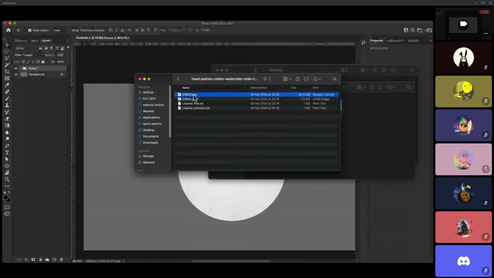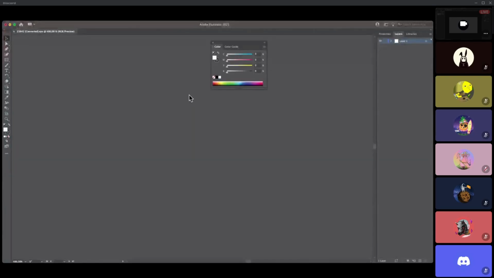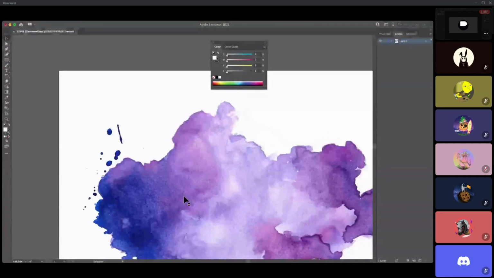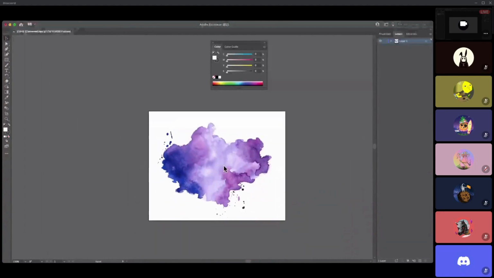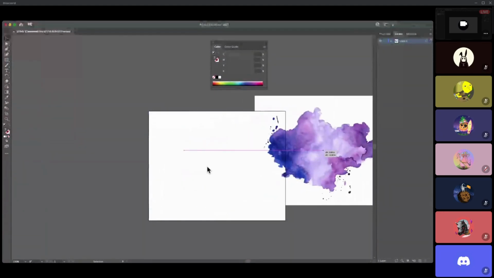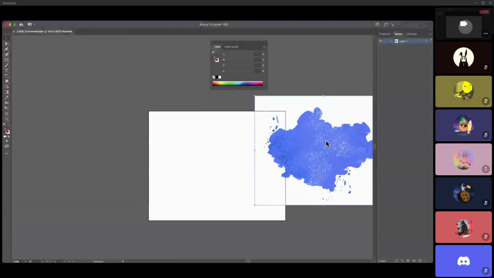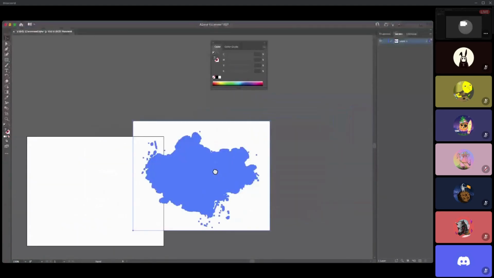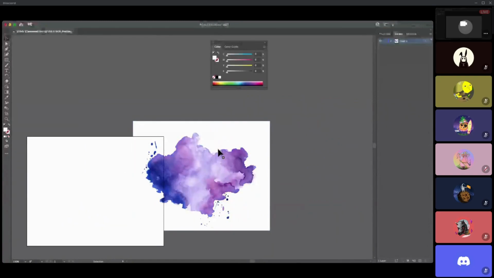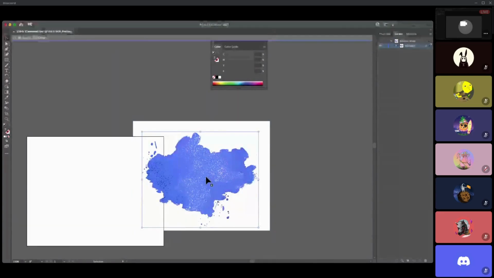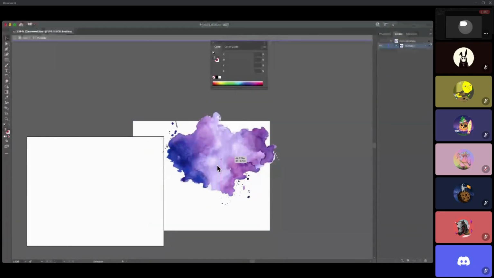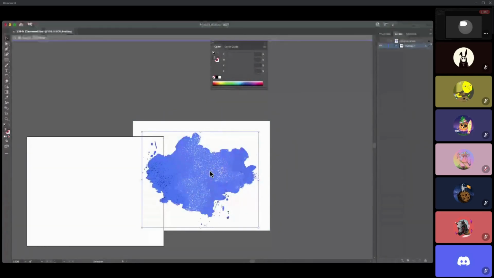So for example, this is the, I'm just gonna double click it, it's gonna open. This is a texture, I realize it works for a certain part. So I'm gonna select this texture, but if I select everything, you can see the white portion is selected as well. Now this is a vector program, it's Illustrator, and I need to get rid of this white portion. So I just keep clicking on it, and now as you can see, this is a vector object and it can be easily separated out from the background.